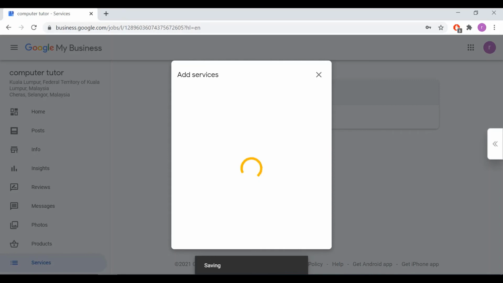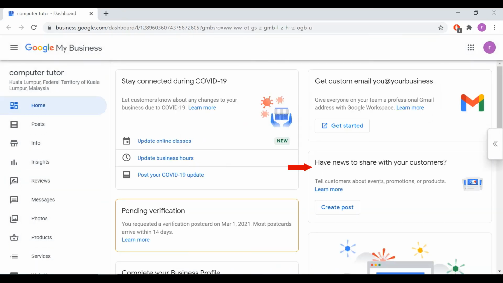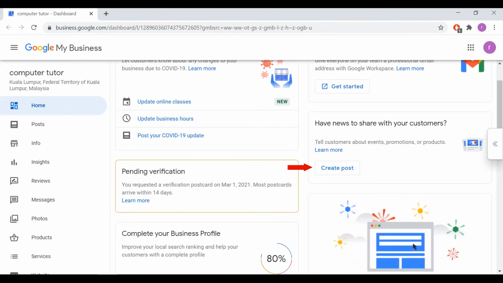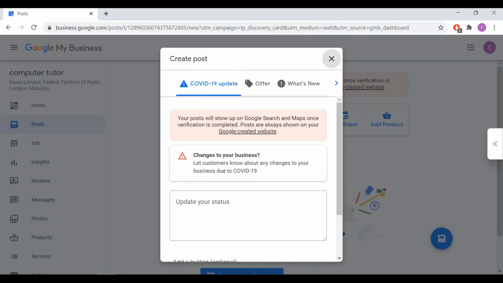You can add relevant attributes to your listing. The options depend on the type of business you run. This is particularly useful if you want to inform your customers about the COVID healthy and safe measures you have in place, for instance.